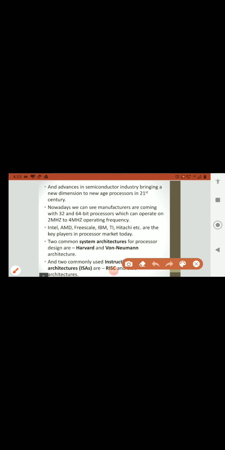Some of the important parts which are readily there with the microcontroller: it contains a CPU. It is a highly integrated chip that contains CPU, RAM, and SPRs and GPRs array. So what do you mean by SPR and GPR array?